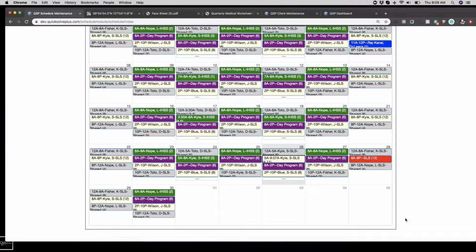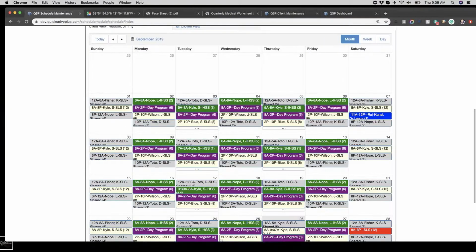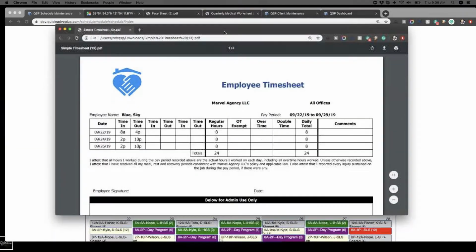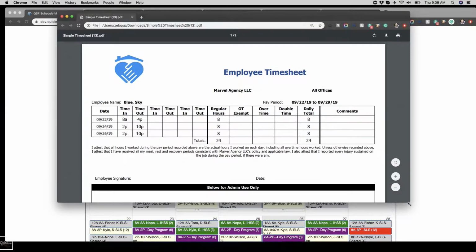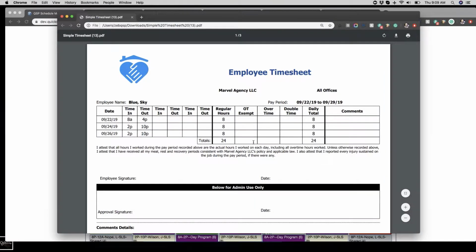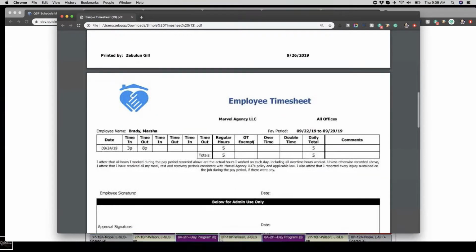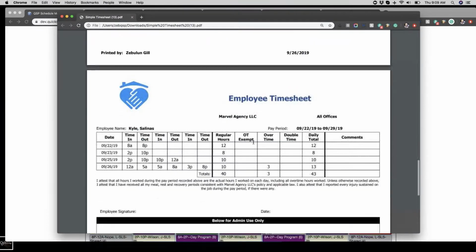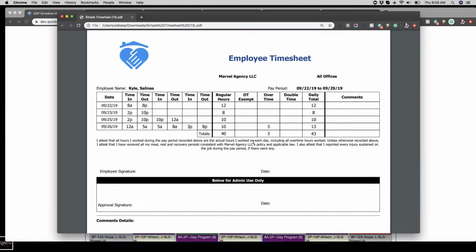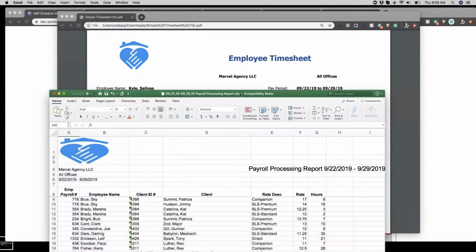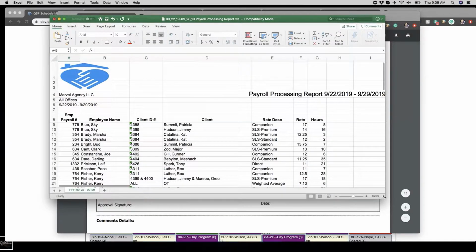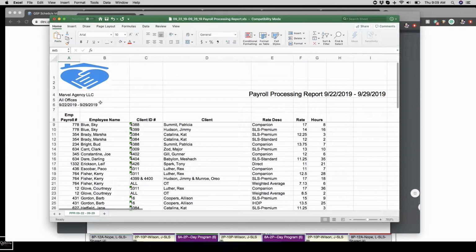Last thing I want to say here, again, I mentioned that this schedule ties into the payroll and billing sheets. Here's a look at a timesheet that can be signed electronically at QSP, which is a real quick look at what a timesheet looks like when it comes to staff signing off and acknowledging their hours. Here's a look at a payroll report that can be generated from QSP